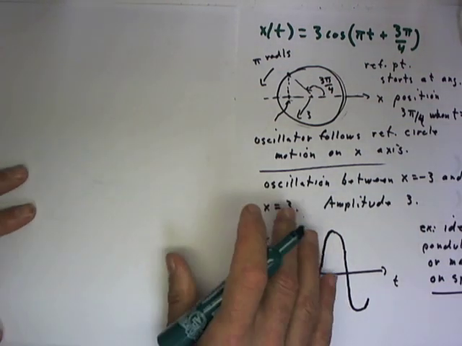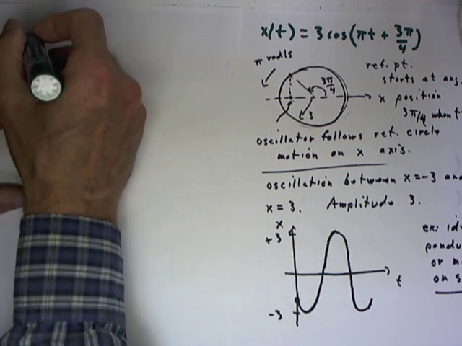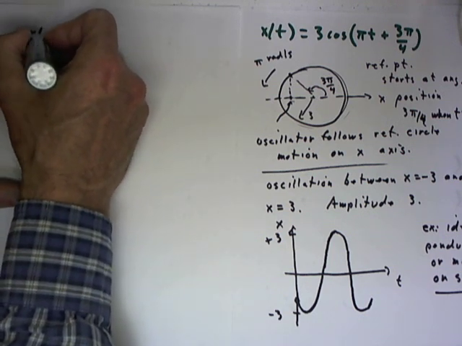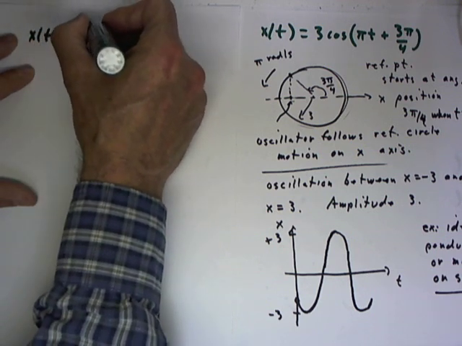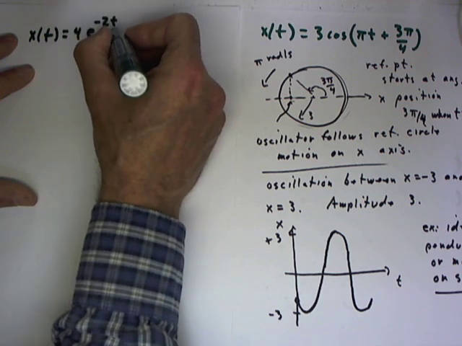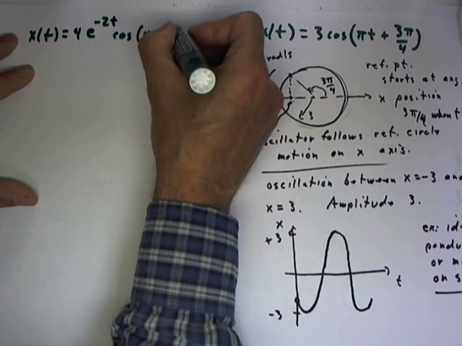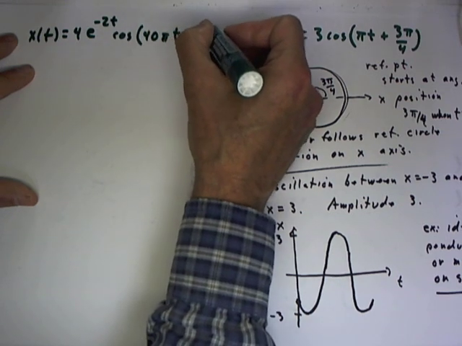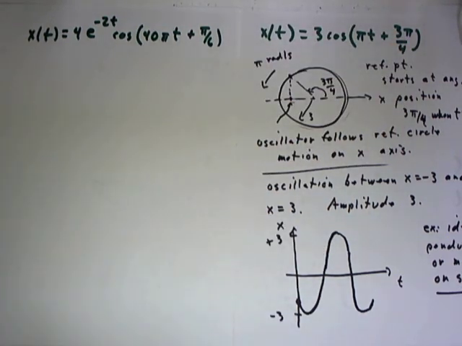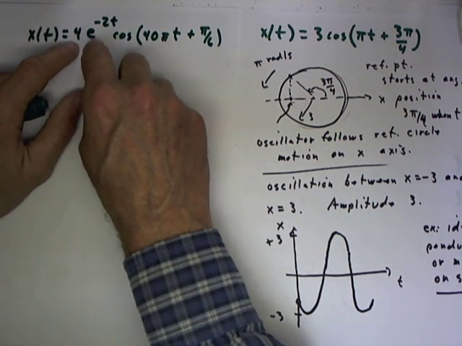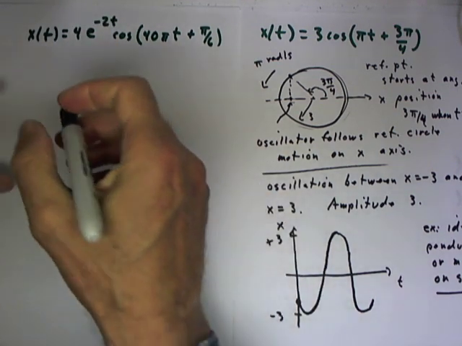Now let's consider an example that has some similarities with this one and also some similarities with previous examples. Let's say we have a solution x of t equal 4e to the negative 2t times the cosine of, let's make this 40 pi t plus pi over 6. Now the 4e to the negative 2t,